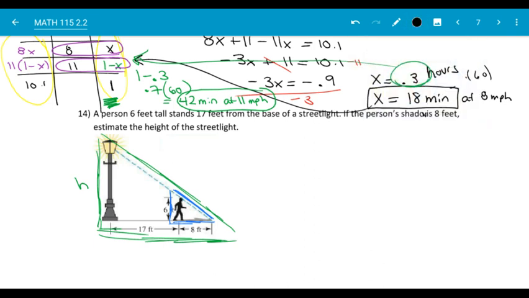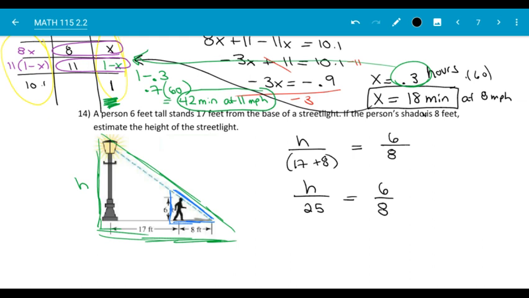So we can go height over length equals height over length. So our height is unknown, and the length of that green is going to be 17 plus 8. We set that equal to, the height on the blue is 6, and its length is 8. So h over 17 plus 8 would put me where? 25